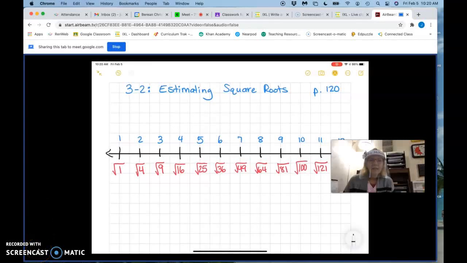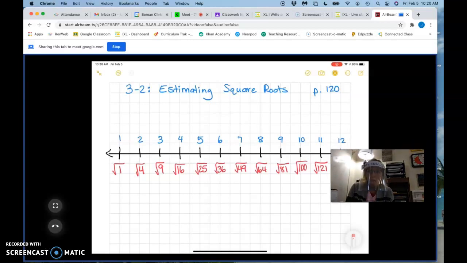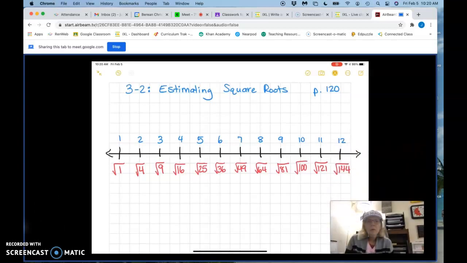All right, today is section 3-2, estimating square roots on page 120. And we have drawn this very important number line that's going to really help you with this lesson today. So copy this number line into your math journal, and you're going to be using it a lot today. We're going to make a straight number line, and on the top we put our numbers 1 through 12, and on the bottom we put the perfect square of that number under the radical sign. Okay, so copy that, and then we're going to move on